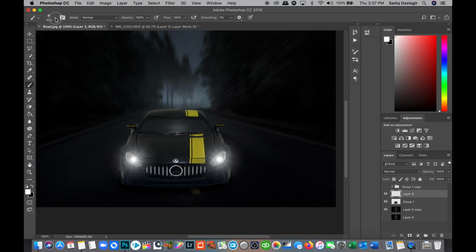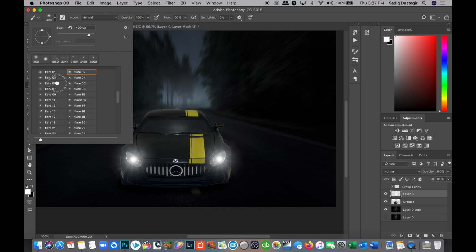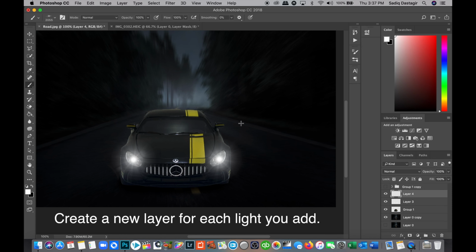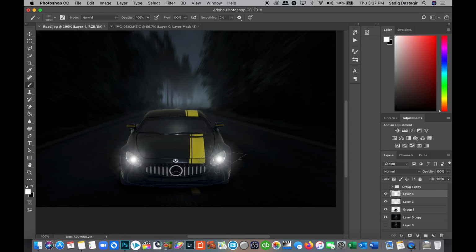If you want to make the headlight more powerful, we use lens flare 5. You will use another layer because, as I said, we do not want to add it to that particular layer. Each layer is always good, so you can always go back and edit it the way you want. Add one more light. It's a racing car having too much power. It depends upon you. And then you add another light here. We added one light here, and we select another layer. Add another light here. Now both the lights are going in the same direction.